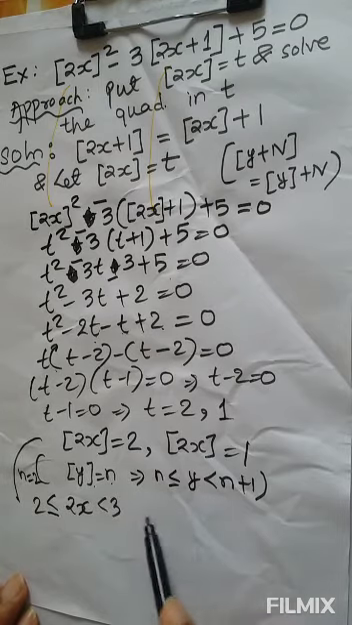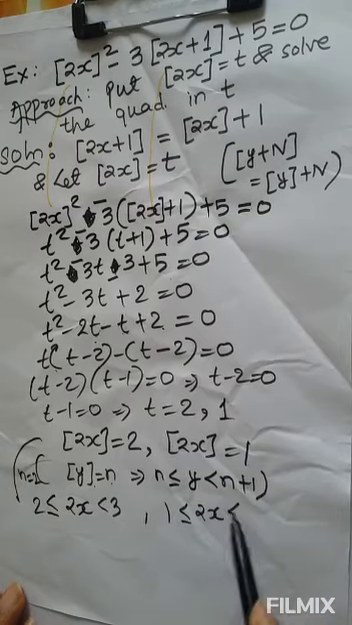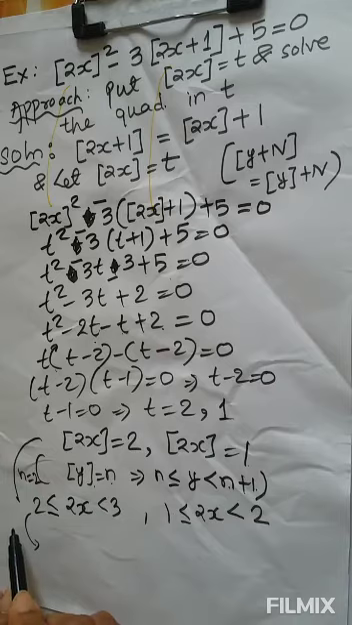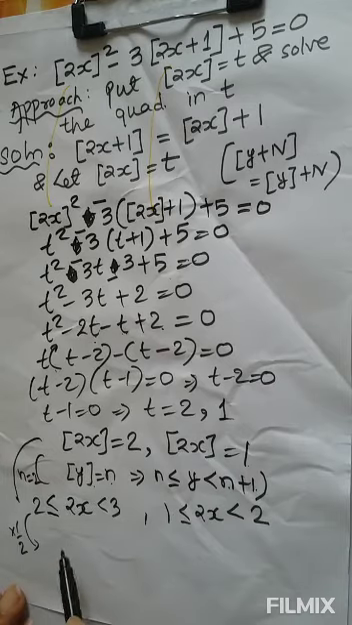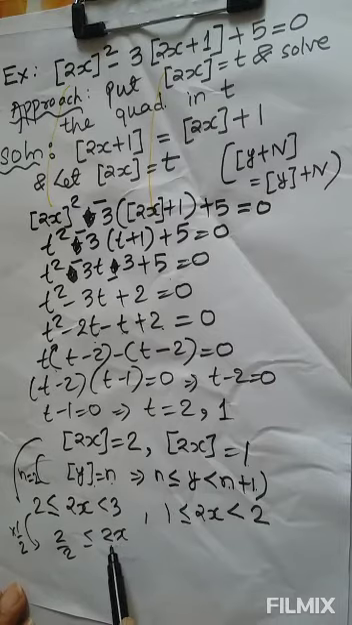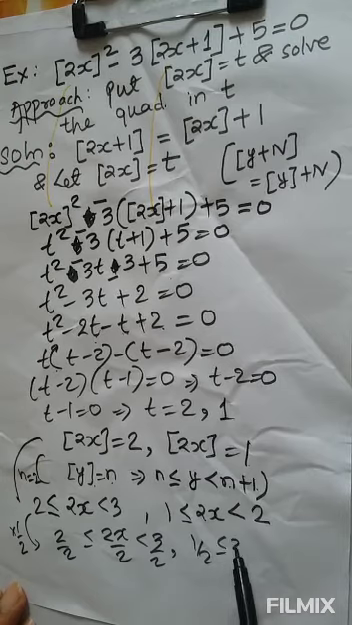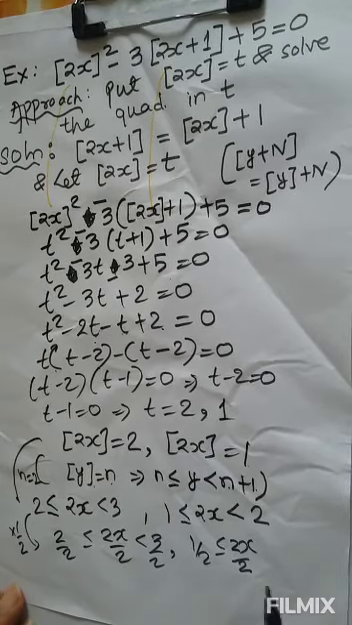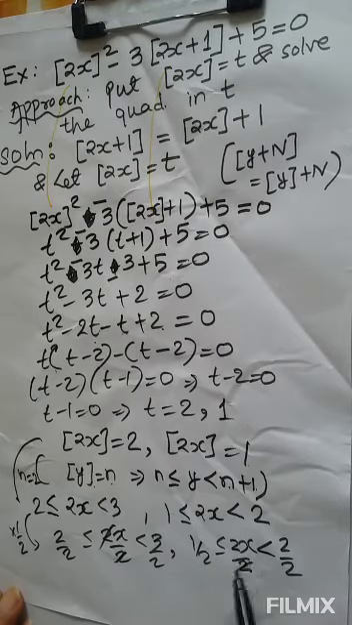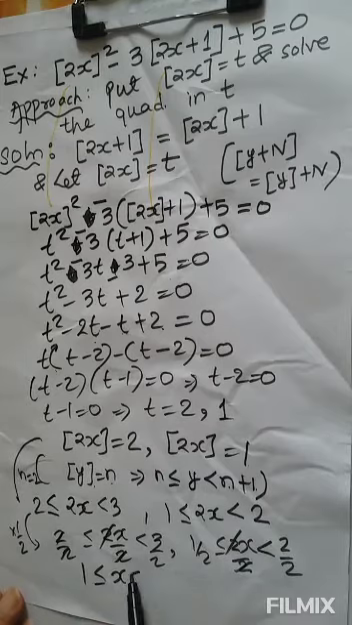And this can be written as 2x, here n is 1, so 1 to 1 plus 1, which is 2. Multiplying both the inequalities by 1 by 2, we will get the range of x like this: 1 by 2, 2x into 1 by 2, 2 into 1 by 2. We will get the value of x, the 2 gets cancelled, as 1 to 3 by 2,